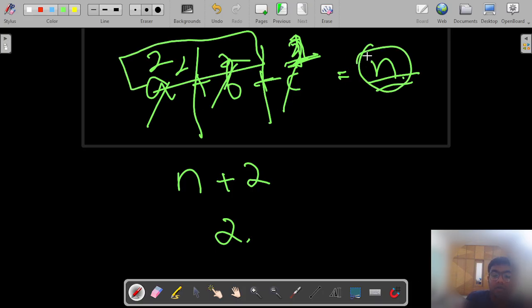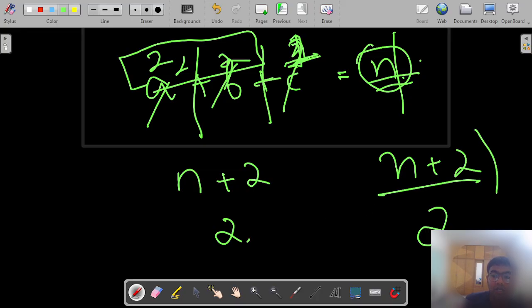So first we split this by 2, that is n plus 2, and the last value takes up 2. So this might be our initial formula somehow,